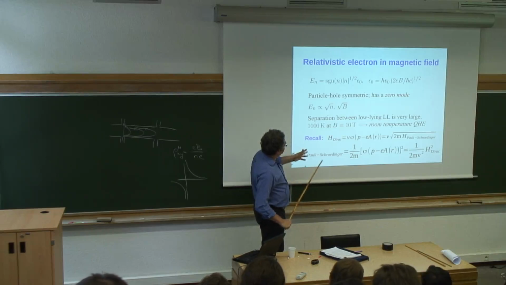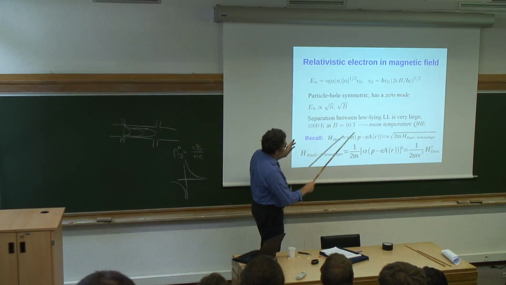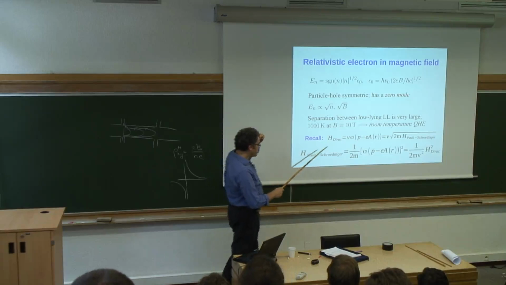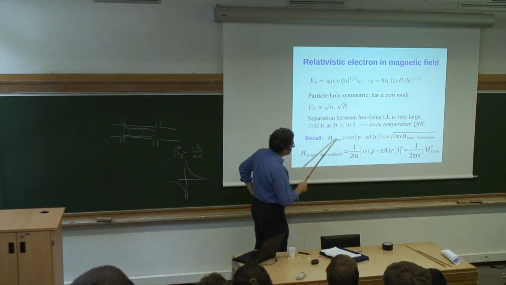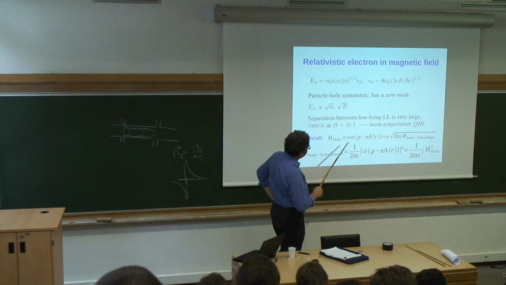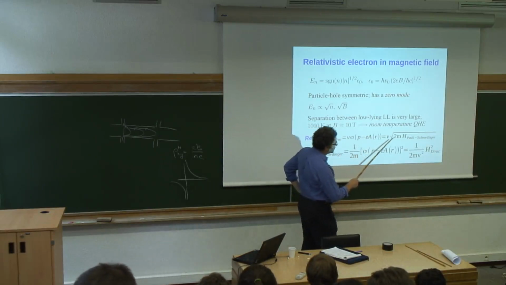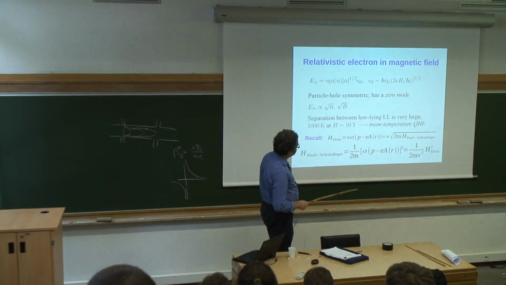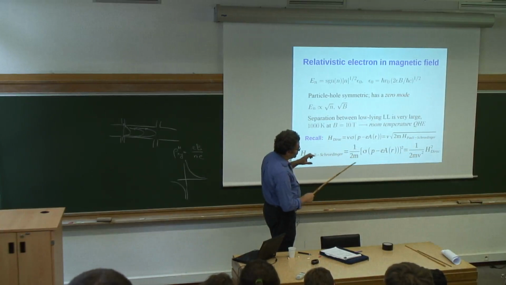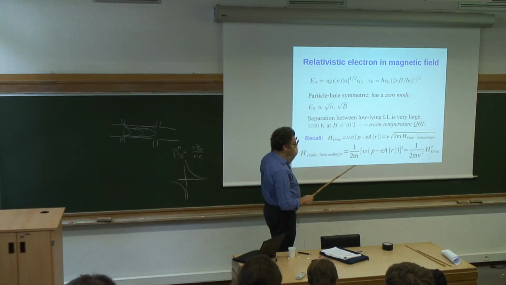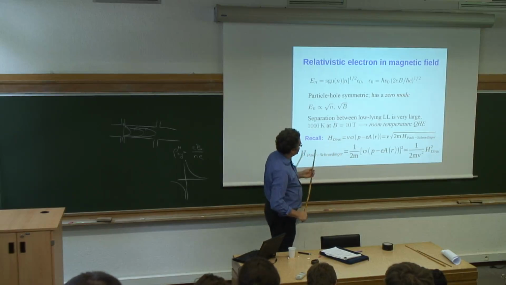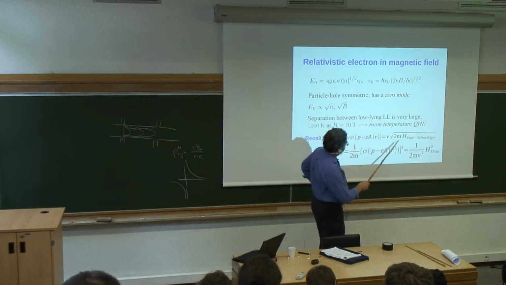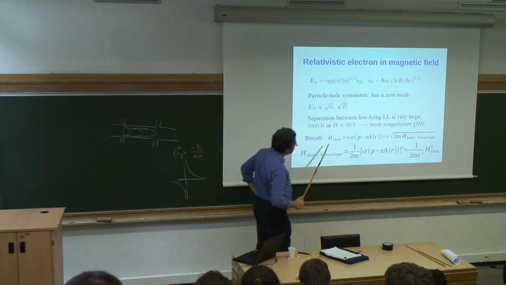To remind you quickly why Landau levels behave like that, let me just show these two equations. The Dirac Hamiltonian can be obtained as a square root of the Pauli-Schrödinger Hamiltonian. That's basically how Dirac originally arrived at his Hamiltonian. And in 2+1 dimensions, it's enough to use 2 by 2 Pauli matrices. If you go to 3 dimensions, you need to double the size of the matrices, but in 2 dimensions, 2 by 2 is enough. So you can take a square root of the Pauli-Schrödinger Hamiltonian to get the Dirac Hamiltonian,